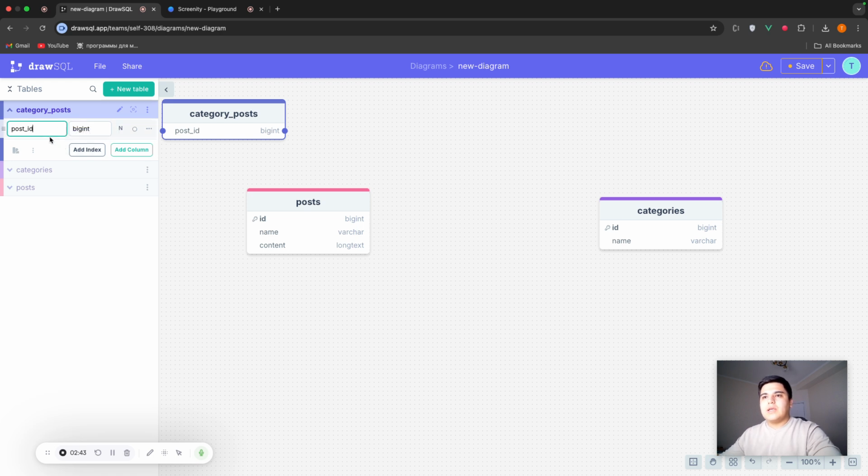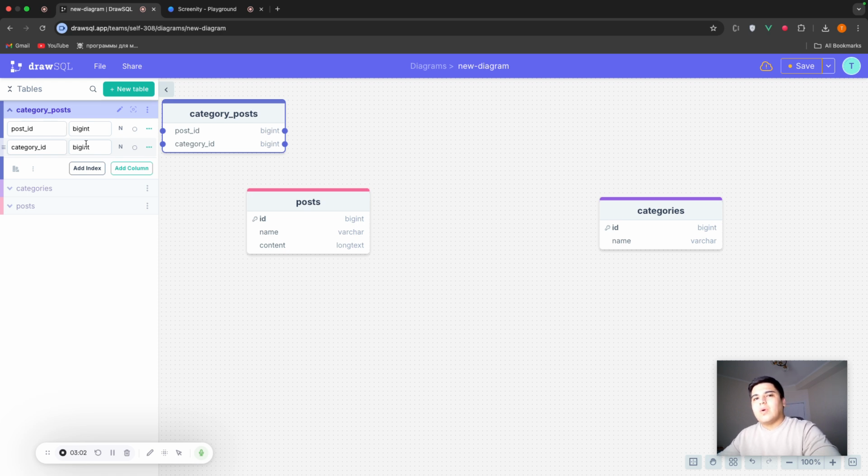and add post ID, big integer, and make it unsigned, and also category ID, same, making it unsigned. But if you noticed, the problem here is that you cannot write it as a foreign ID with a constraint and so on, like Laravel 12 plus and previous versions give the ability to easily define it.